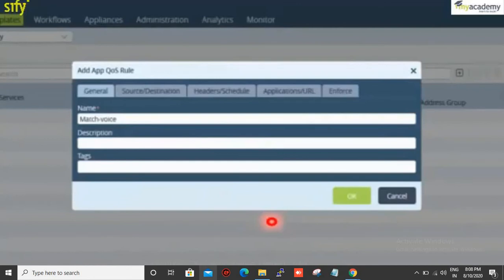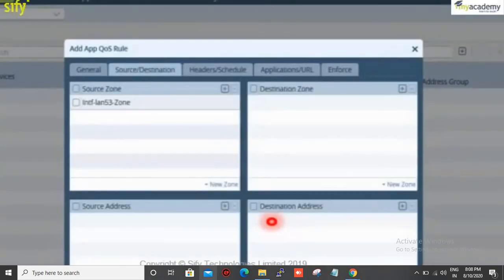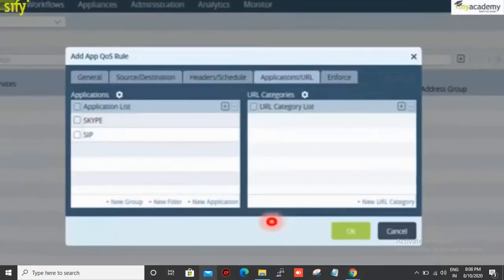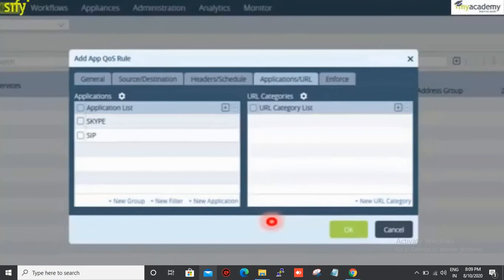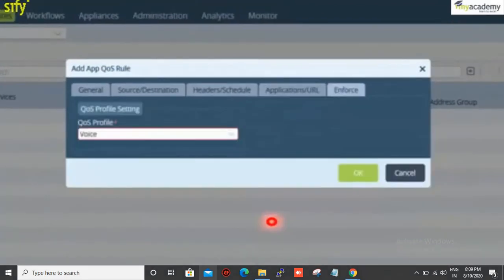So based on that, you just click on the rule button and add a new rule name. You can match for the traffic going from which zone to which zone, or which destination to which source address. Next, you say what kind of applications you are selecting. Here I've selected Skype and SIP traffic, and then I say which QoS profile should I apply